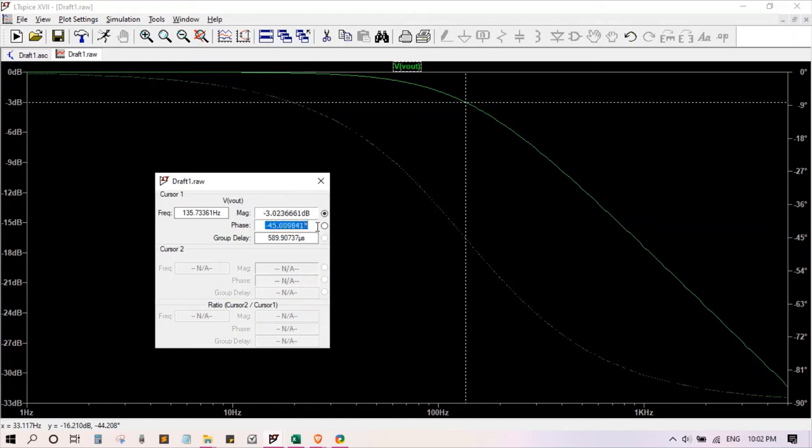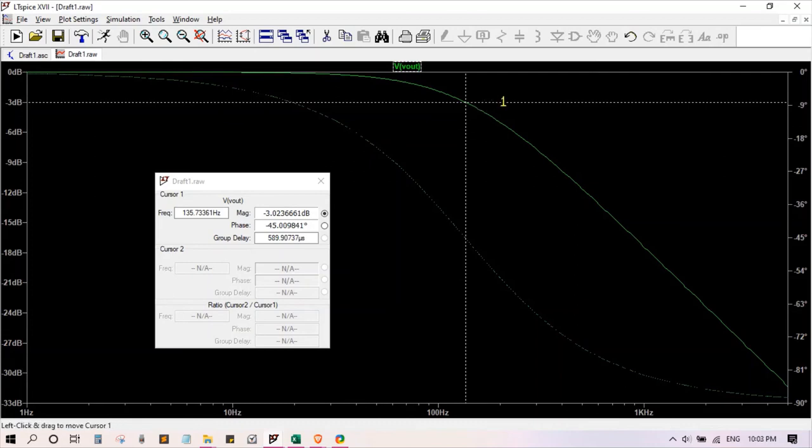So minus 3 dB will be equal to the minus 3 dB in this graph. So you can see when we place the cursor at minus 3 dB, when we go along to the frequency line, we can see the frequency value at that minus 3 dB